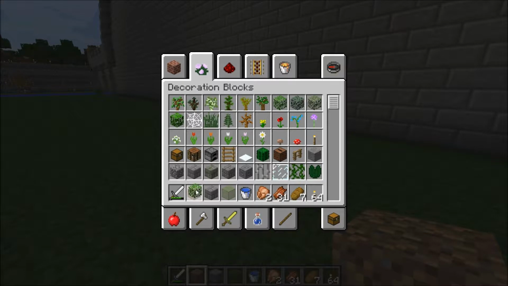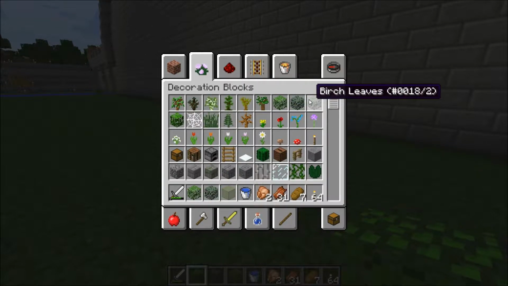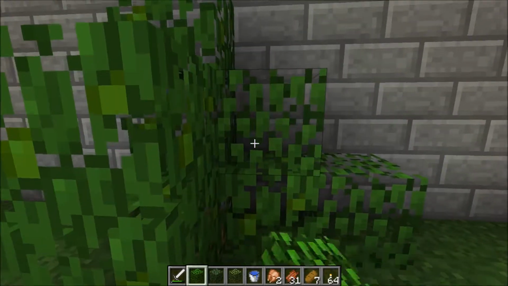Here, oak leaves. We'll go with that. I already got jungle leaves there, but it doesn't matter. Spruce, oak, birch. I don't like them. They're too see-through. The pattern's consistent with every block, but as you can see,